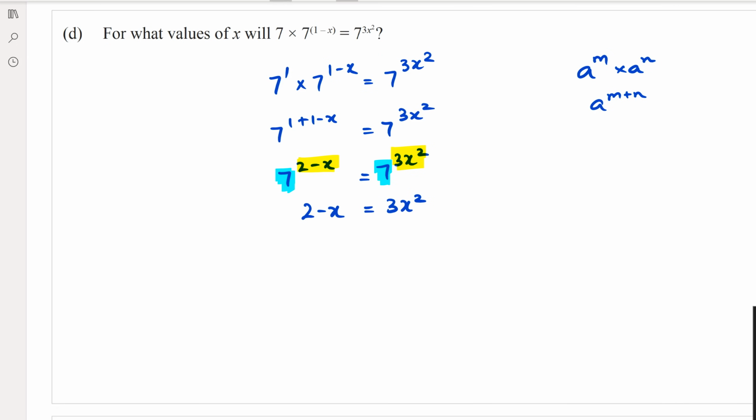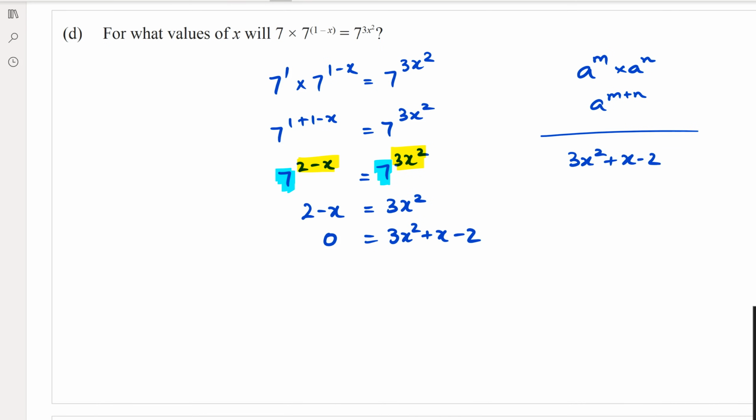Once you do this, you can rearrange and write this as 0 is equal to 3x squared plus x minus 2. So at this point, we've got to factorize. Now, if you're good at guessing and checking, you can go directly and put the two factors in there and solve it. Or if you're like me, you want to mess around with this a bit with that old-fashioned way,